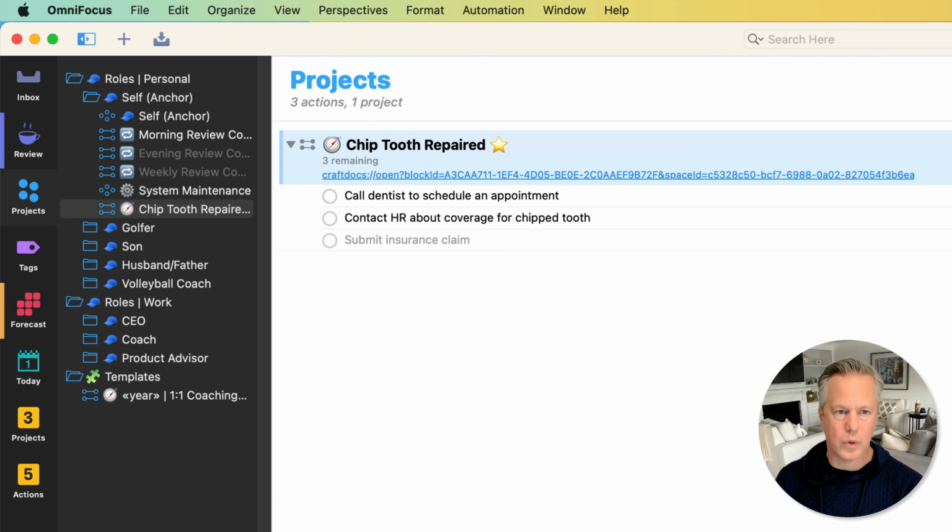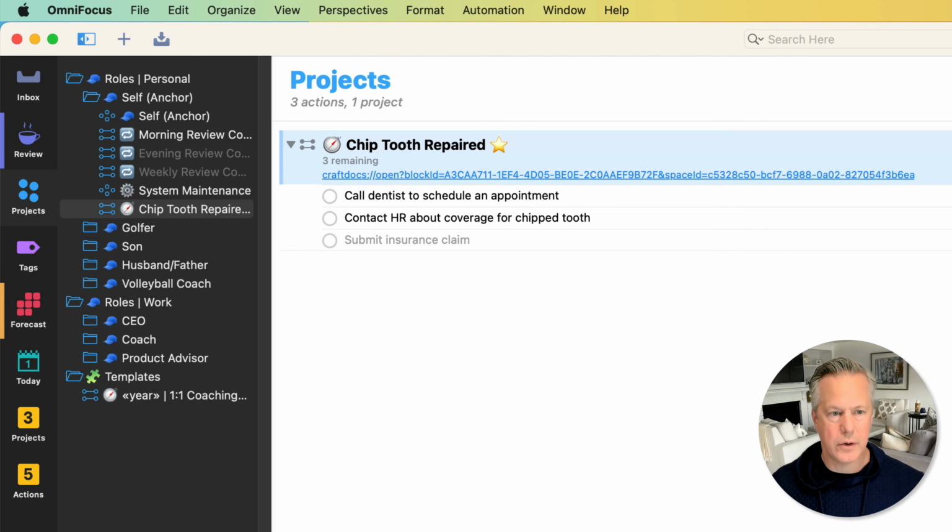And Tim has a wonderful way to identify projects with the compass. So that's the journey that you're going on to get to this destination. And I think one of the things that Tim and I both really like is the use of emojis to your strategic advantage if that helps you.